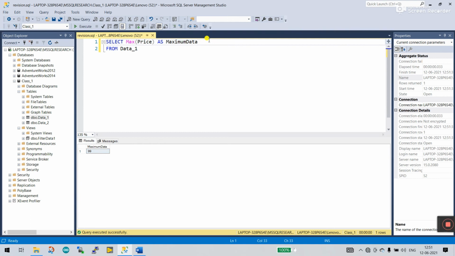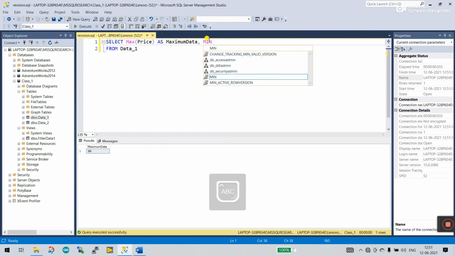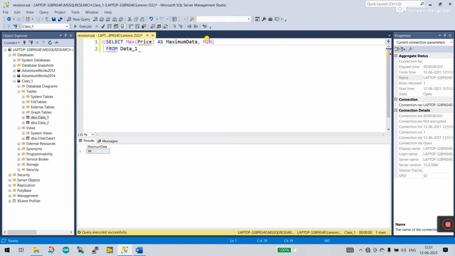Now let's come to the next one, that is minimum. Enter MIN(price) AS minimum_data, like this. Now click execute, and you see the maximum is 99 and the minimum is 10 in the price.